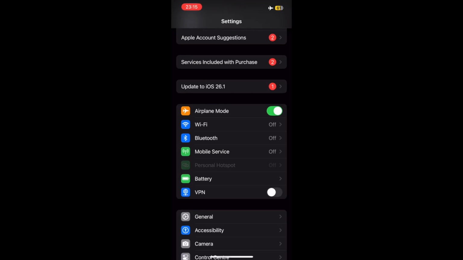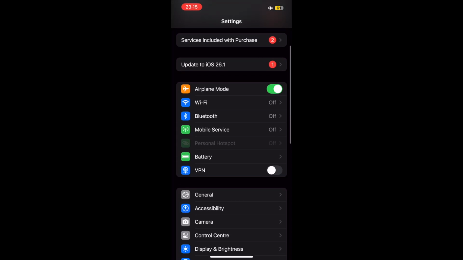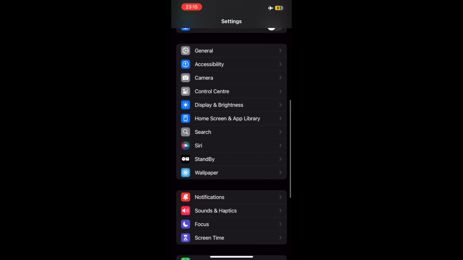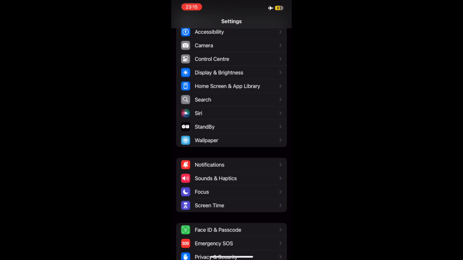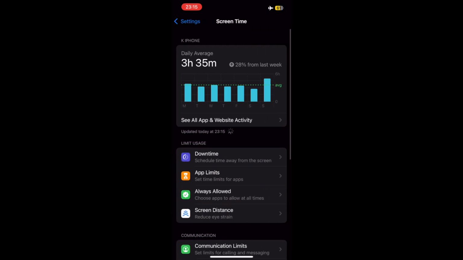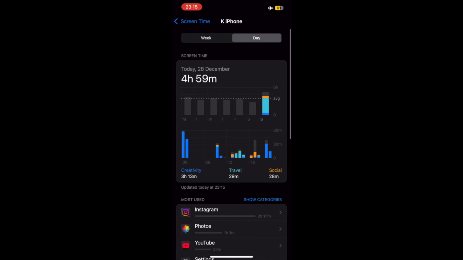Here you'll want to scroll down until you get to the third section that says screen time. Go ahead and click on screen time. Then there at the top you'll see it says daily average. Below that it says see all app and website activity. You want to click on that, and there you'll be able to see at the bottom your most used